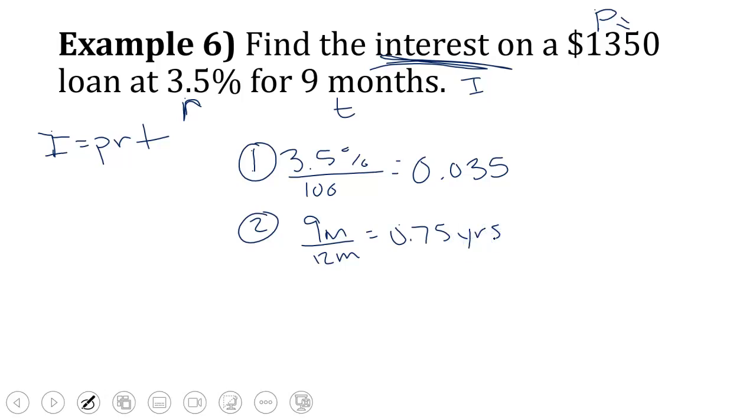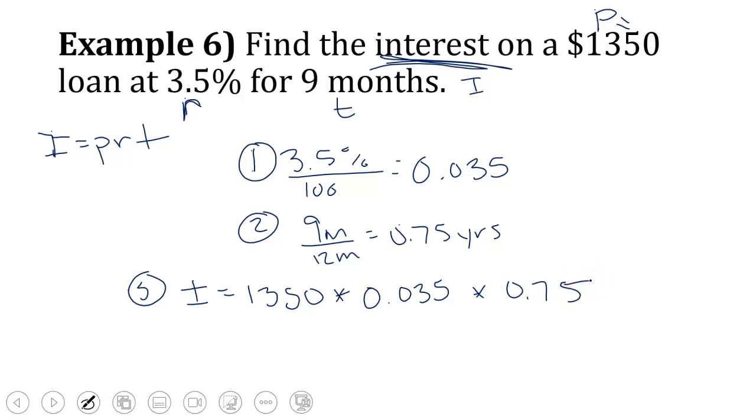Now that we have our new decimals, let's plug it in. So we don't know the I, but we know the principal. The principal is $1,350. We know the R, so 0.035, and we have our time in years already. So multiply that in your calculator all the way across, and you should get